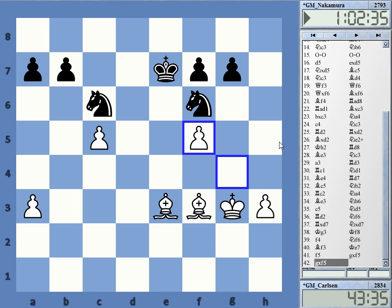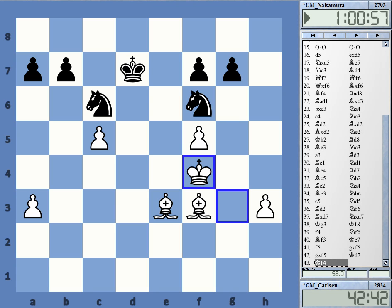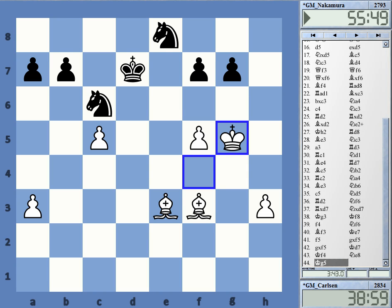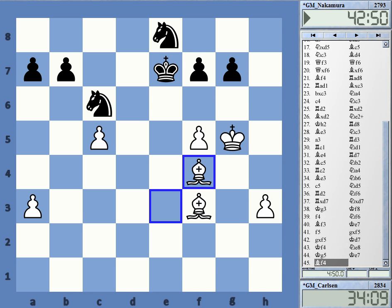It is definitely a difficult position for Nakamura to hold, but he did a very good job for a long time. King d7, king f4, knight e8, king g5. It's not so clear that this is threatening something, but it still looks dangerous. Bishop f4,